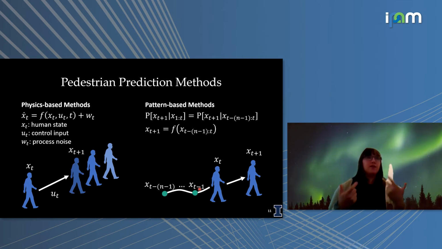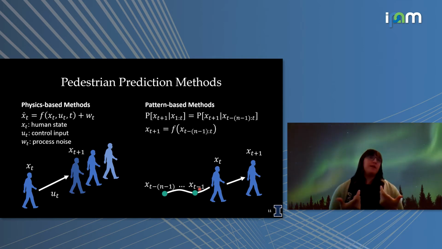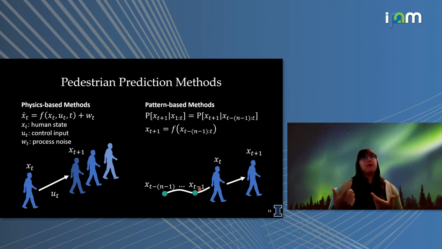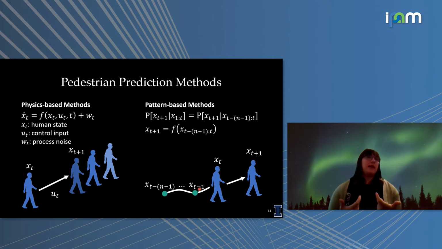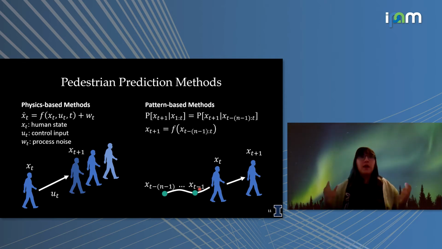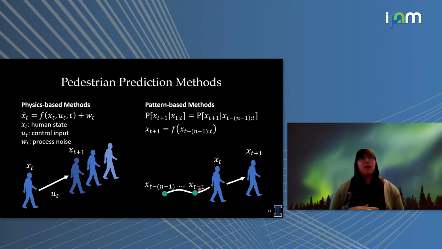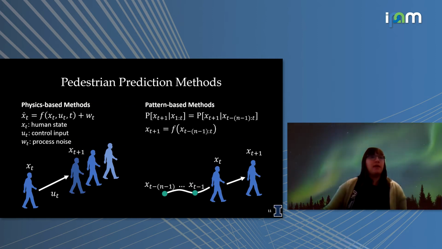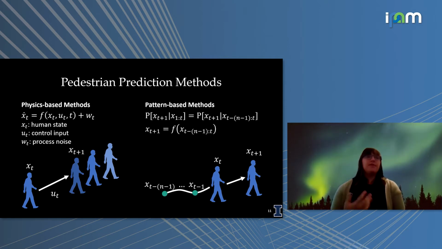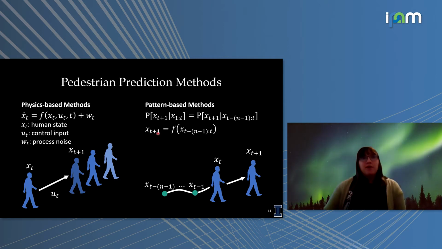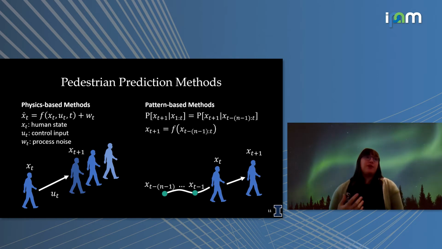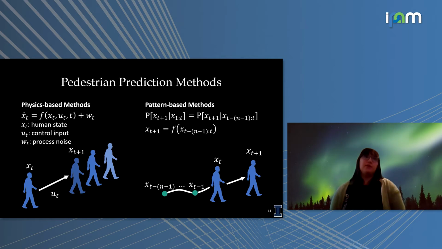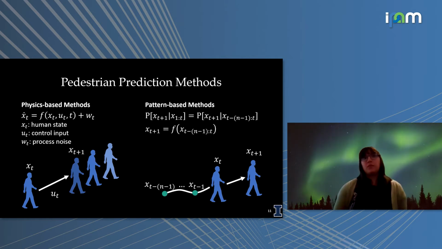Again, these are often two distinct methods. One of the questions we want to start hinting at is, are there ways we can combine these two methods in a nice, intuitive way, so we can get the best of both worlds? With the physics-based methods, we tend to have a lot of nice tools and insight from the models themselves. But the pattern-based methods are typically better at capturing some of the nuances and real-world behaviors that we observe in practice.